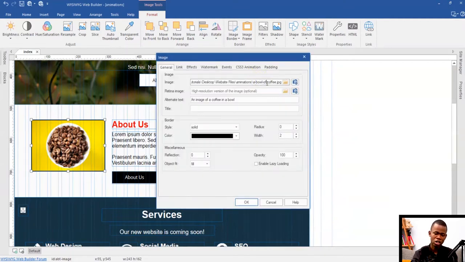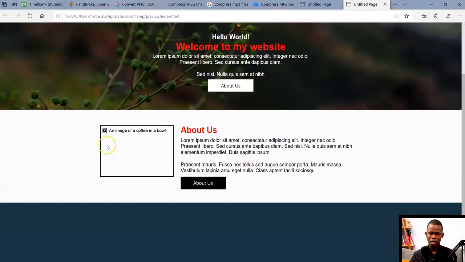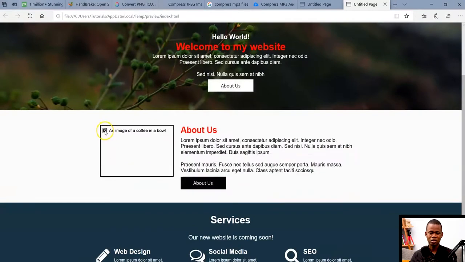Now let me go back to my project, double click on this, and try to create a broken link in here, and then click on OK. And let me try to preview this. You realize the image is missing, and we still have some kind of message here which gives us an idea about what was supposed to be in there. So there are instances where there could be a broken link. It could be due to internet connectivity, or one or two other reasons which prevent the image from loading.